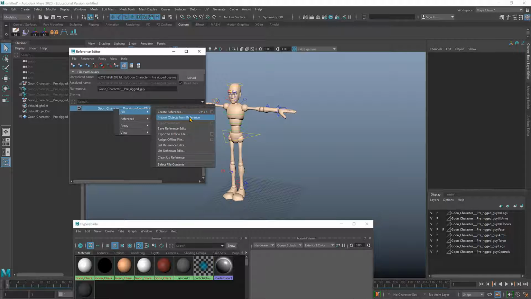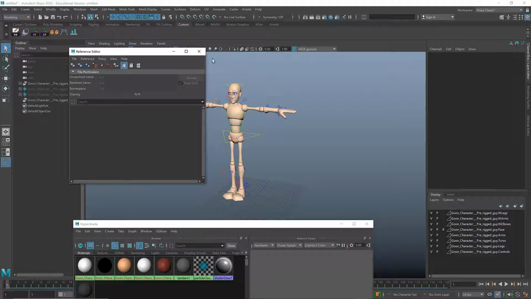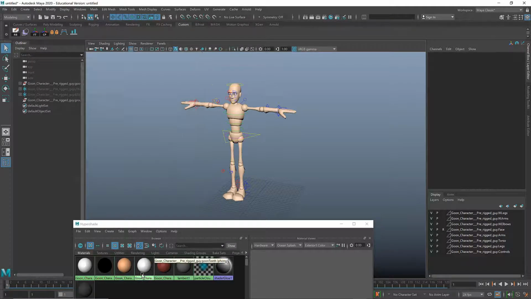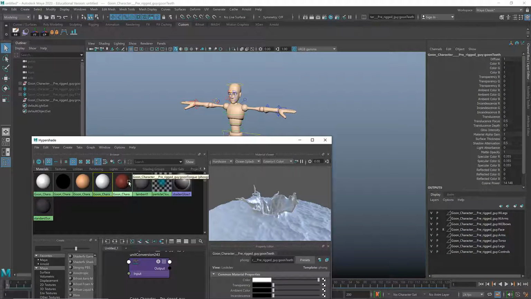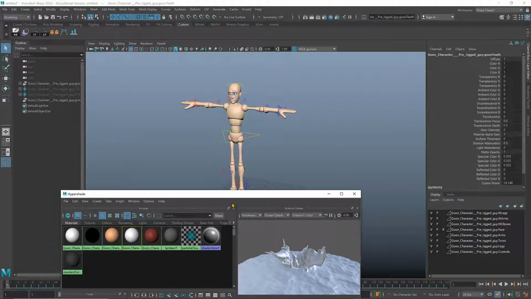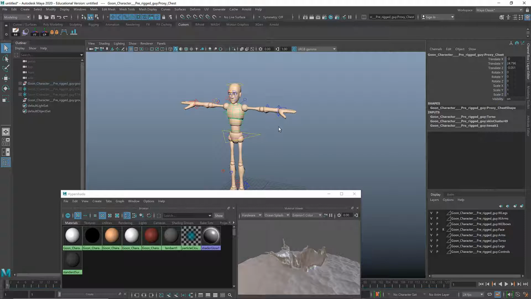import object from reference. So once you click that, I'm just gonna have the mouse hovered here, and you can see in the beginning it was all red still, but once you hover the mouse it updates. So now I can go and delete those materials if I want. I can select the geometry and delete it if I want, because it's no longer connected to the reference. Okay,